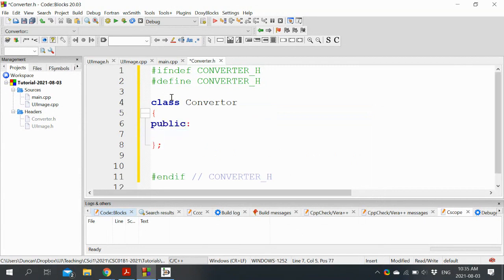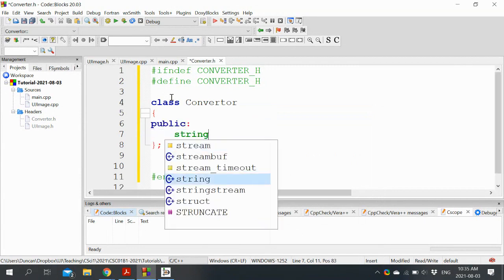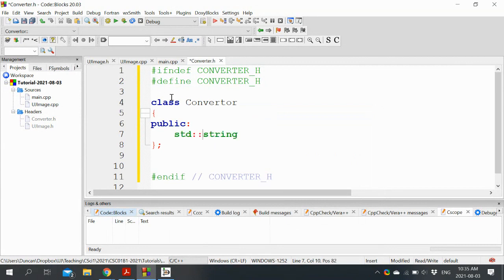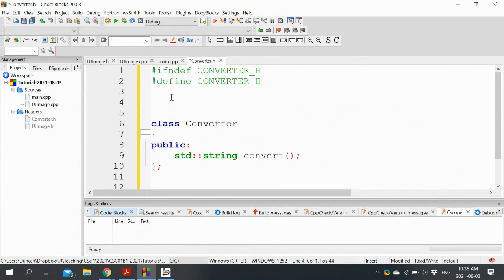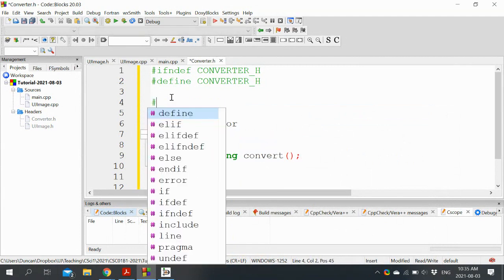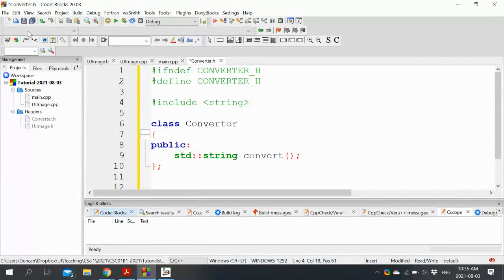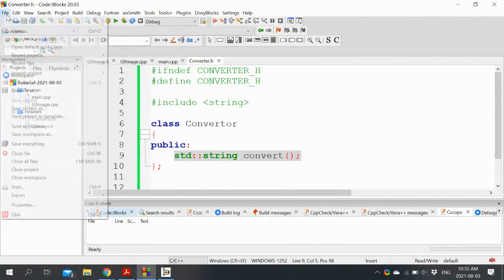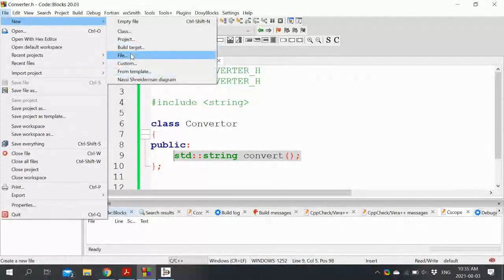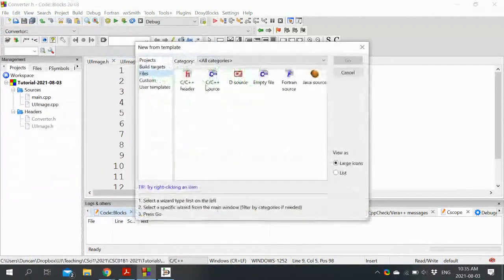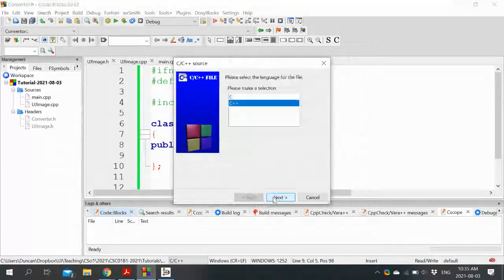This is very simple, and it's just going to have a string convert. To be honest, you really wouldn't need a class to do this, but as I said, keep it simple, and include string. And then to implement this incredibly simple class, we will do that now. But first, let's just get the skeleton up. So we make a CPP file for it.